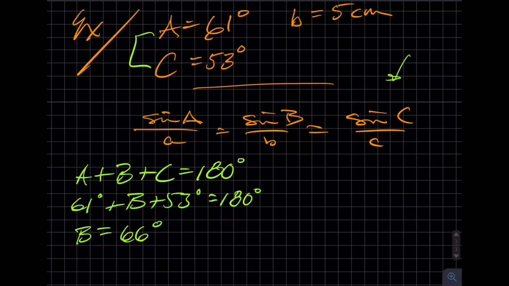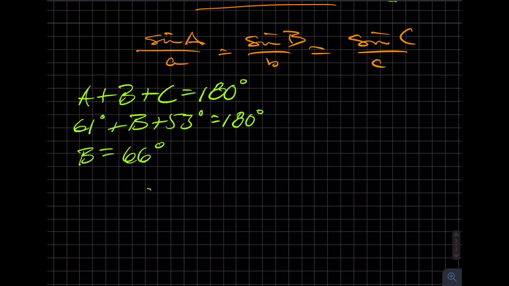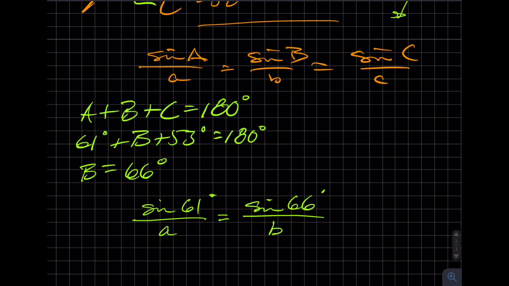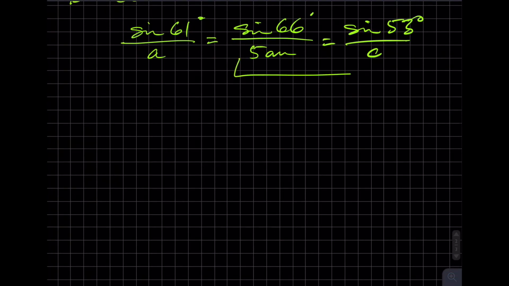Okay? So now I have sine of A, and A is 61, over little a, which I don't have, equals sine of B, which is 66, over little b. Is that the one I have? Yeah, 5. So let's drop that in there: 5 centimeters, equals sine of C, which is 53 degrees, over little c. Now I can use this one to figure out what little c is, and this one to figure out what little a is. Something with proportions: if you don't understand that you can do this, or you're wondering how,